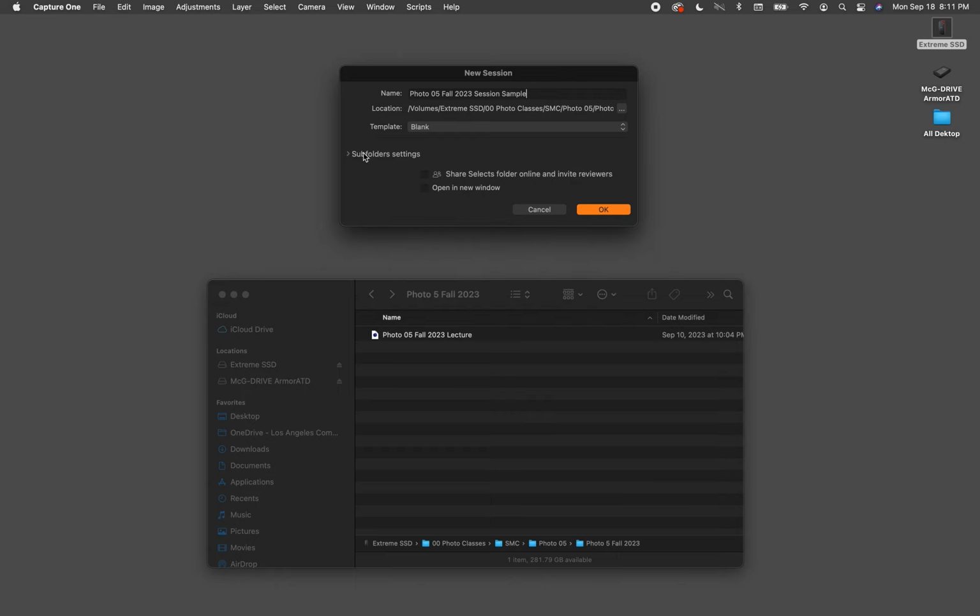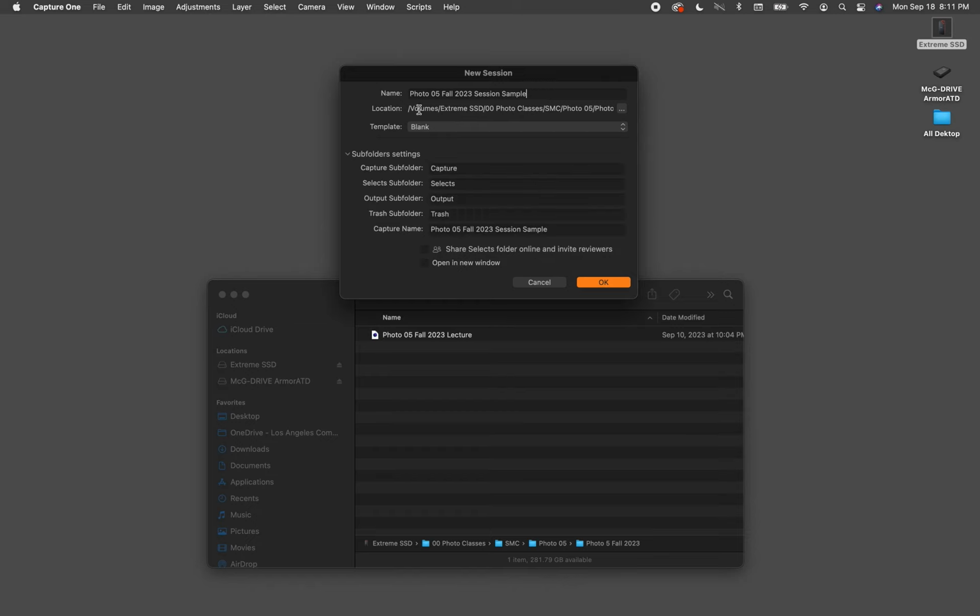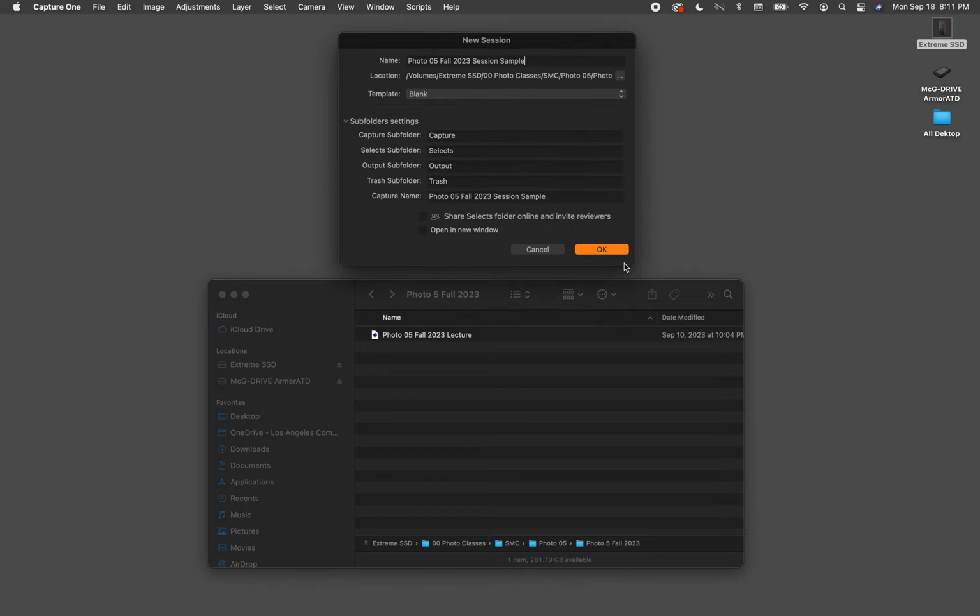Also in here, the subfolder settings, you can go in and name all of these different folders that get created. For example, when you first bring in the images, they go into the capture. If you start selecting the images and giving them star ratings and color ratings, then they would go into selects. If you choose to output the images, the outputted images will go to output, and then the subfolder here, the